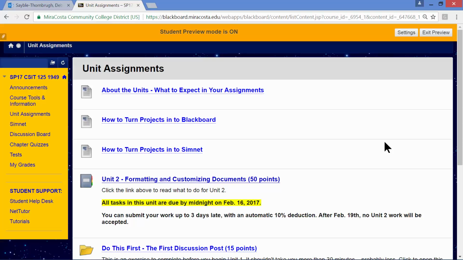CSIT125 Word class. After you log into Blackboard, click to the Unit Assignments page and then click into Unit 2. Take note that Unit 2 is due by midnight on February 16th, 2017. Click into the unit